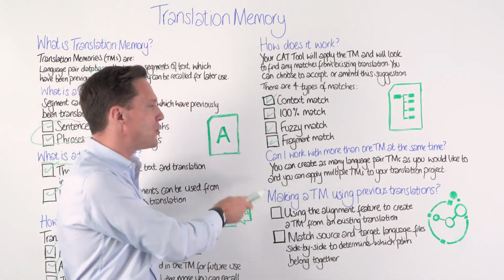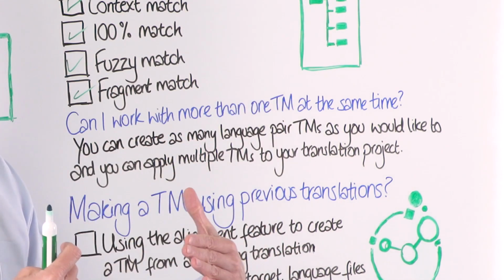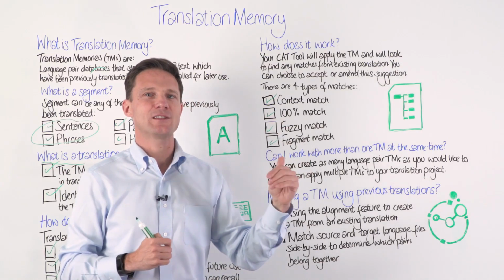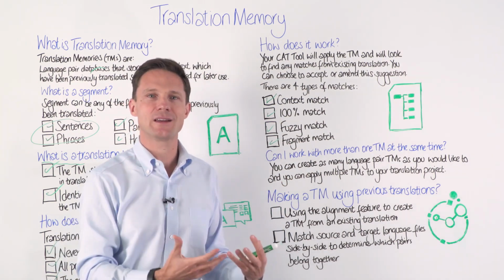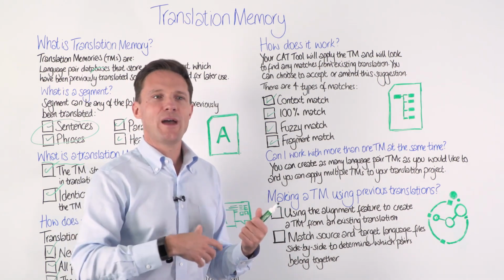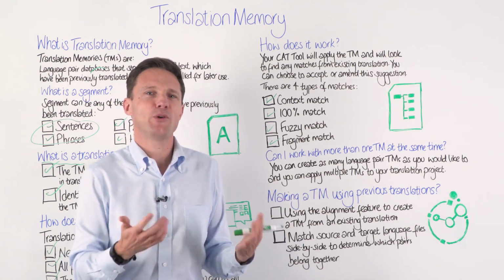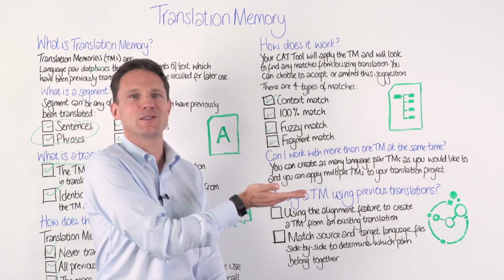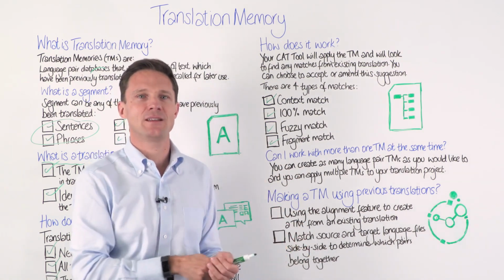Of course, you can create as many translation memories as you like and use them all at the same time. In fact, a CAT tool can be quite smart and prioritize one translation memory versus another. So if you've got a marketing translation memory and you're translating a marketing document, but you also have the instruction manual from the same client, you might turn them both on because you might find some matches from both. But the marketing translation memory is the one that has top priority over perhaps the technical documentation.